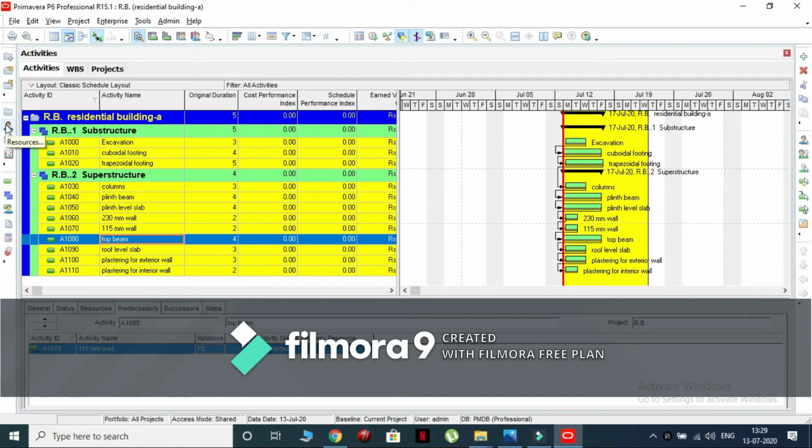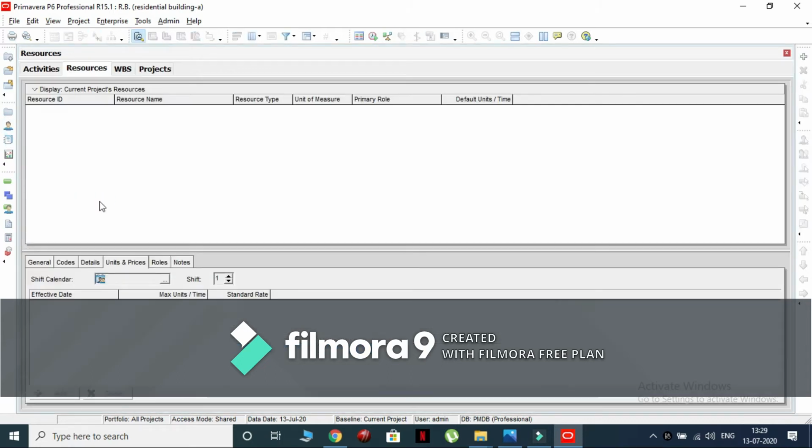As per the displayed table, we will create the resources required to complete the activities in our project. Click on the resources window as shown. Now click on the add icon to create the resource.